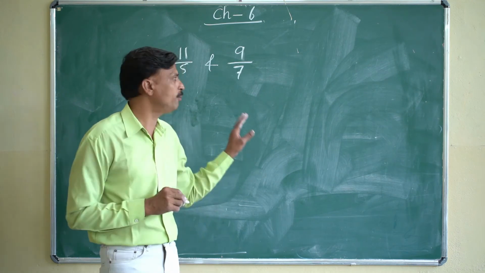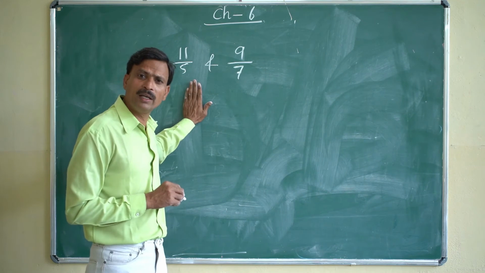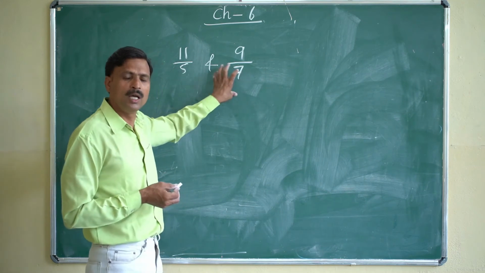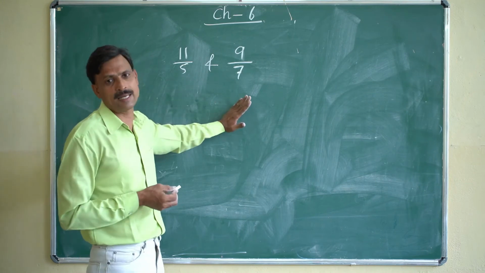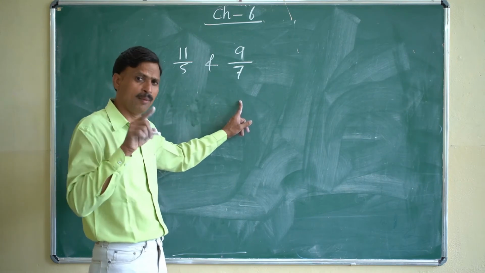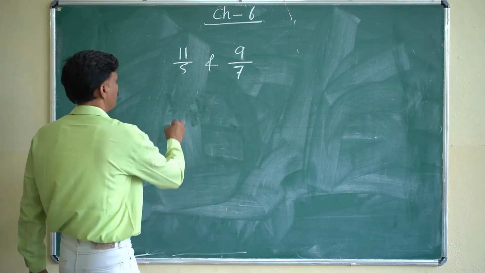So we want the same denominator. So which number will we write? We cannot write any number. No, here we will write 15 and 15. So the number will be their LCM. What number will we write in their denominator? Their LCM. So first we'll find out the LCM.